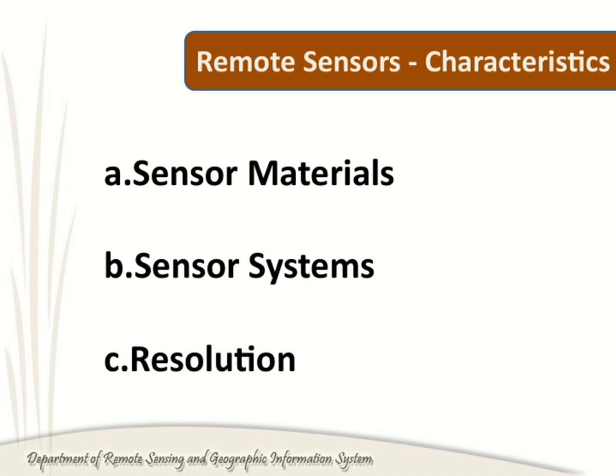Their characteristics include the ability to cover vast areas quickly, often providing real-time data, and being capable of sensing across different wavelengths, like visible, infrared, or microwave, to gather diverse types of information. Understanding these characteristics helps us appreciate the power and versatility of remote sensors in various applications, from environmental monitoring to